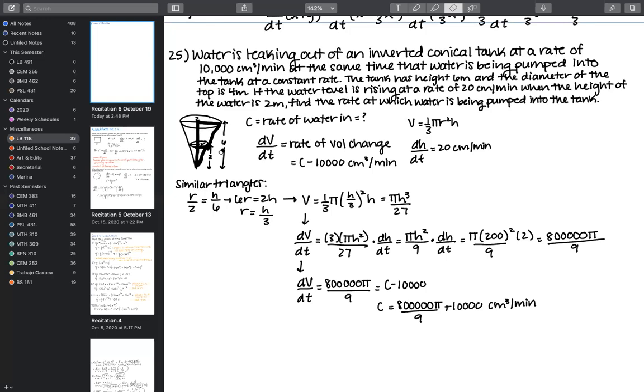I probably should have written that differently. For anyone who is just reading this and not listening to the explanation, that would probably also be confusing to them. But the part that I did touch on is that we're trying to get this all in terms of h, because we're given dh/dt, but there's an r in here, which is why we're using the similar triangles situation in order to get it in terms of h coming from r. So we're doing the relationship between h and r, that proportionality. Oh, okay.